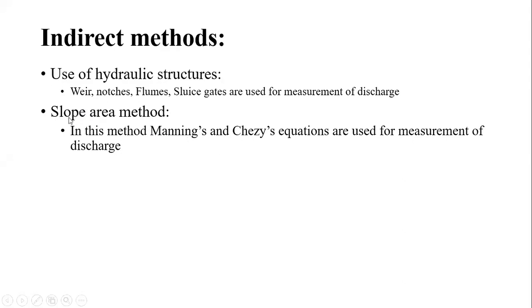So slope indirectly indicates here the measurement of the velocity, the application of the slope of the channel bed for the measurement of the velocity, and then that velocity will be multiplied by the area of the cross section of that river or stream. By that product we directly get the discharge, that is Q equals area into velocity. Clear? So this is about the direct and indirect methods used for measurement of discharge or for river gauging.